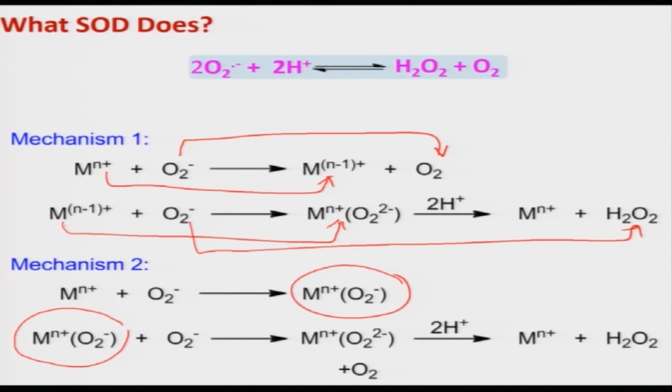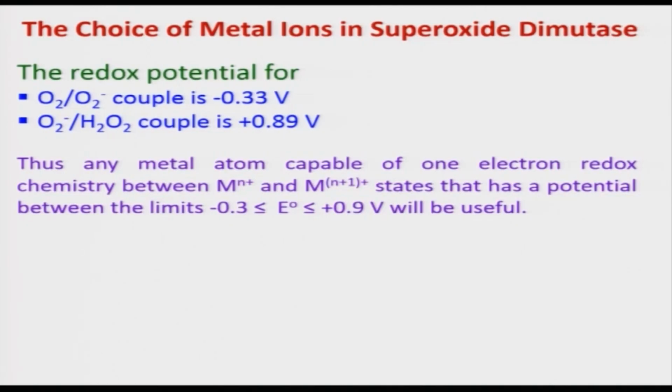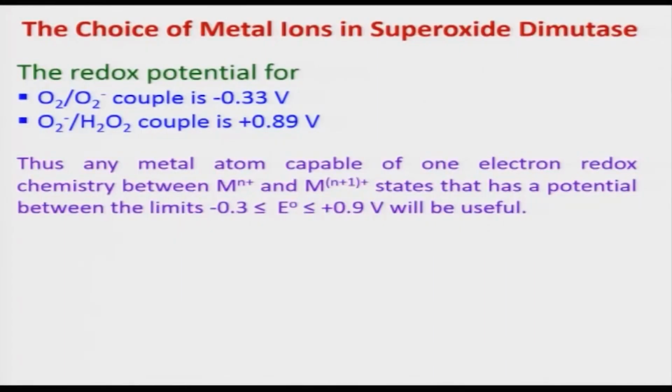This being so, what kind of metal is suitable for this purpose? Now, let us see why nature chose some metal ions. What is exactly happening in superoxide dismutase? There are two couples: one is the O2/O2^- couple, whose redox potential is minus 0.33 volt, and another couple is O2^- to O2^2-, and the redox potential is plus